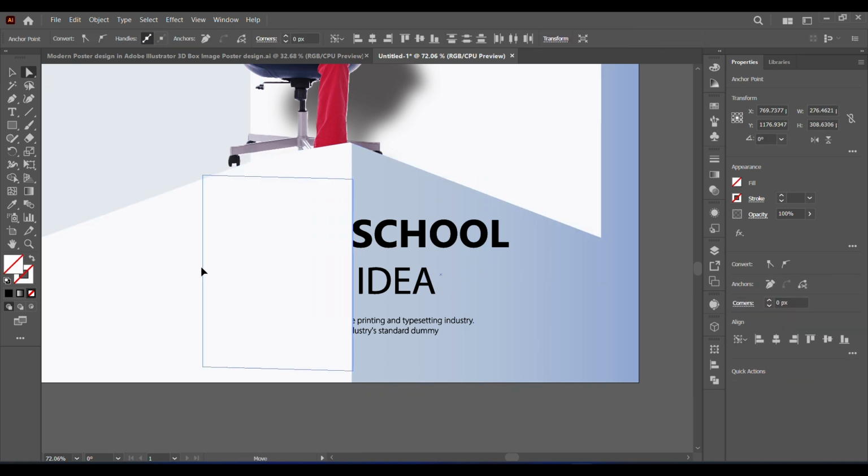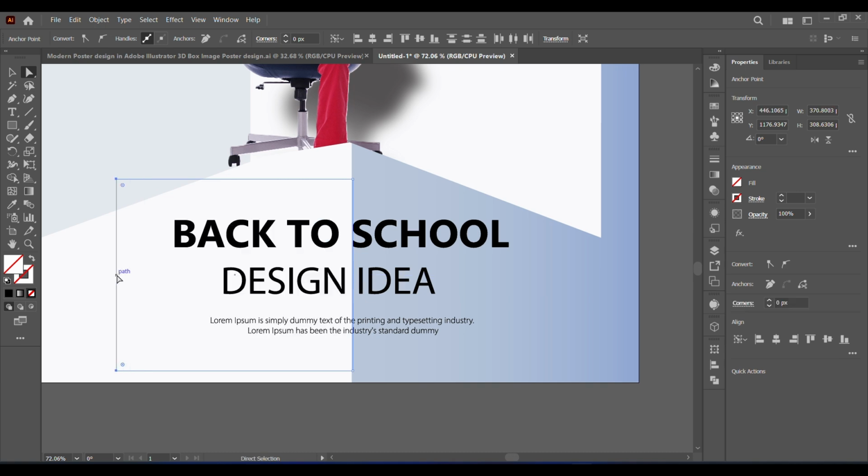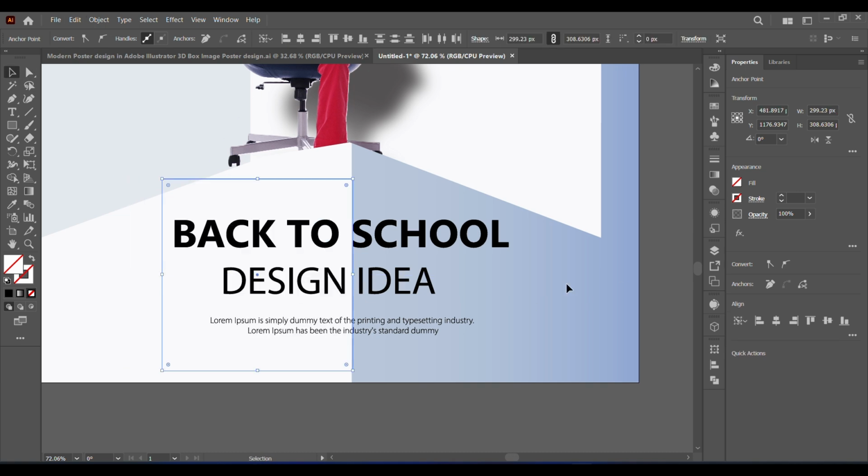Now select one part, go to the Shear tool, click and drag. Repeat it with the other side. Follow the